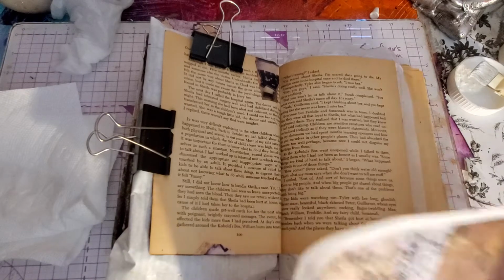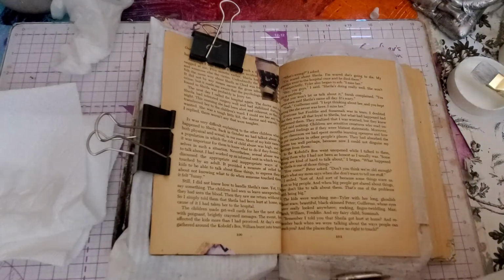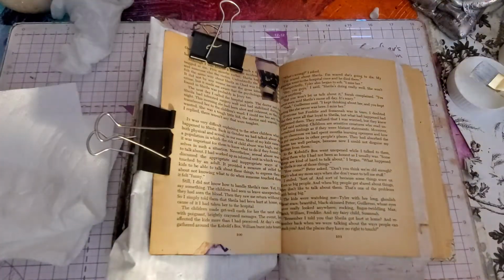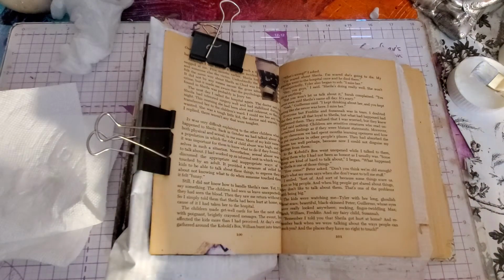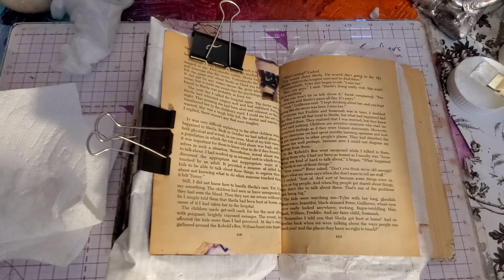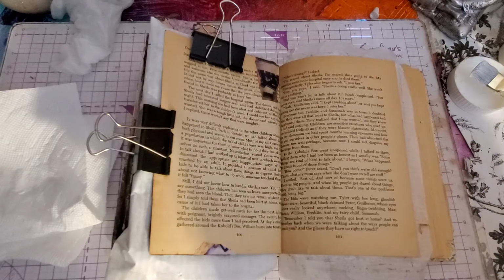Let me see how I want to do it. First of all, let me get my scissors. First of all, let's trim off all, I'm just trimming off all the white, so that we don't have to deal with any of the white